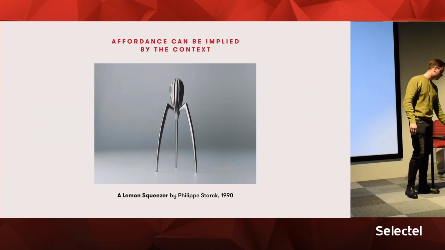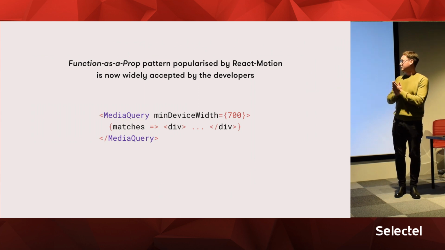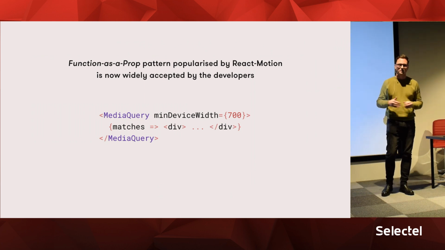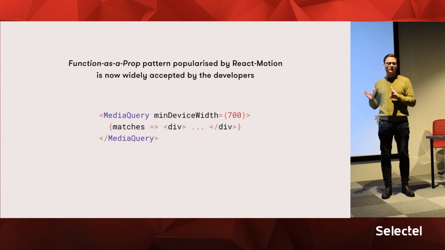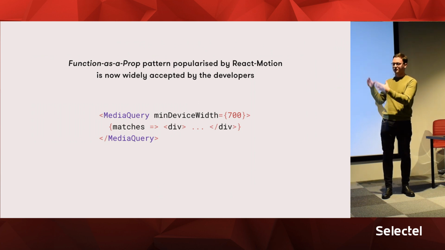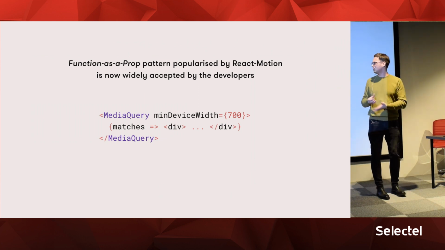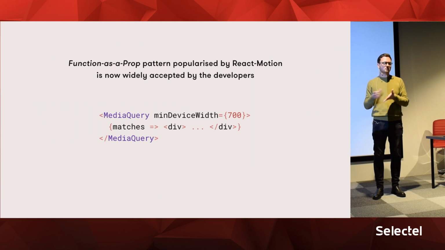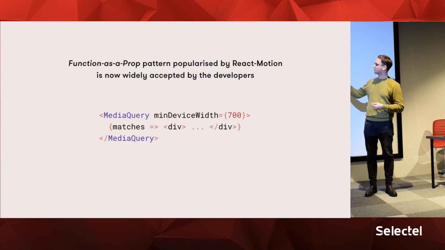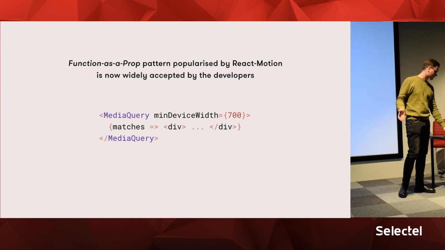And if you want to compare it with engineering, I feel like this is the best example. One of my favorite patterns in React, and I know that probably none of you, all right, maybe all of you are familiar with React. But basically, when React Motion was released, there was this pattern that they used, function as a prop, and it was new. Nobody really knew how it worked. But after some time, this pattern was adopted, and now you can see it everywhere. The moment you see this code, you kind of know how it works. It's just a media query, and then there is a function. Then you can conditionally draw something.